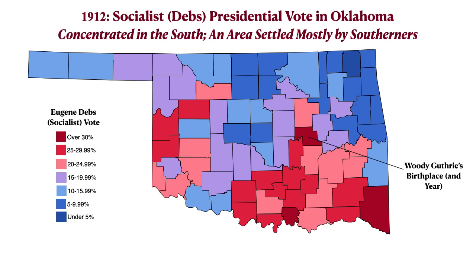And I know Woody Guthrie's birthplace, the county in which he was born. He was born in this year, 1912. A very interesting case because, when I think of Oklahoma socialists, I think of Woody Guthrie. I mean, he's essentially a communist. He wasn't a member of the party, but he wrote for communist publications. His most famous song, "This Land Is Your Land," "This Land Is My Land," says a lot about his political predilections. Very interesting that this area in